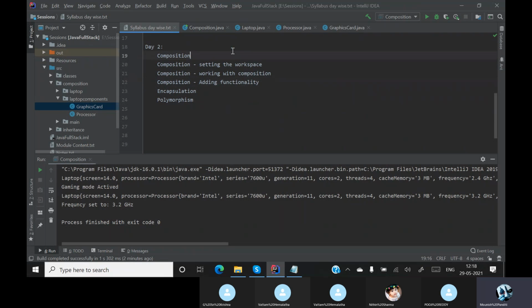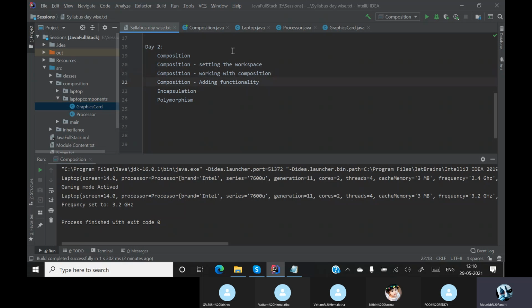We saw what is a composition, then we set up the workspace according to our composition, then we worked with our composition. Working is nothing but we created our constructors, a default constructor and also a parameterized constructor, and we tried to access all the elements in our main method by calling only our laptop.